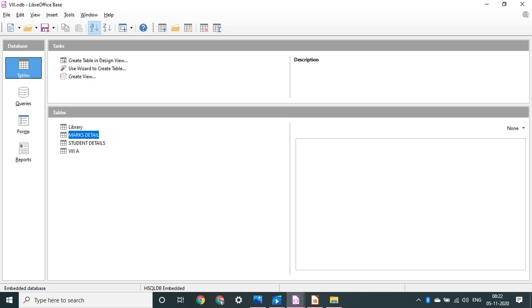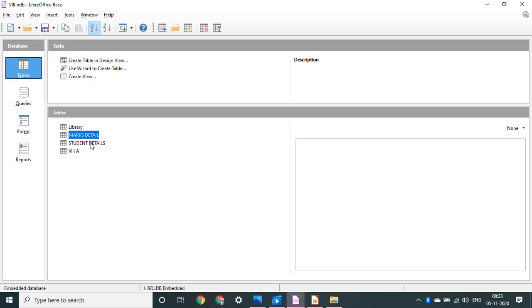And just one example is given in your book that a database contains a student table having details of students, a marks table having details of marks, and a house table that stores the house allotted to the students, right? And if we want to create a relationship between these three tables, I have created two tables. One is your marks detail and one is student detail, right? If we want to create a relationship between the tables, in that case we can do updation in one table and it will be reflected in the other table, right?